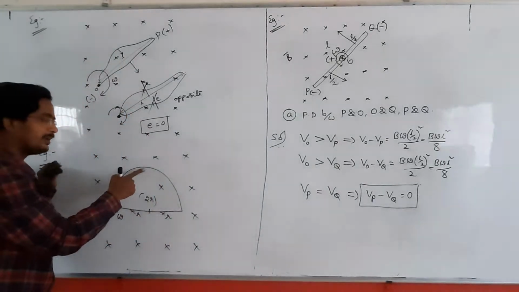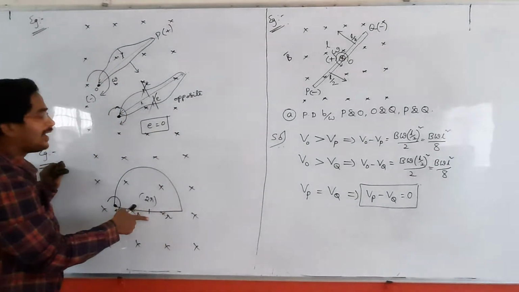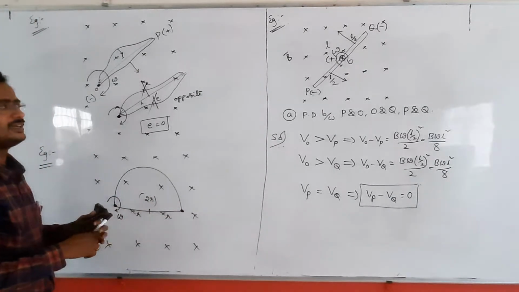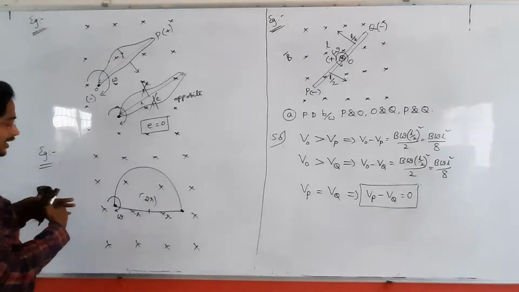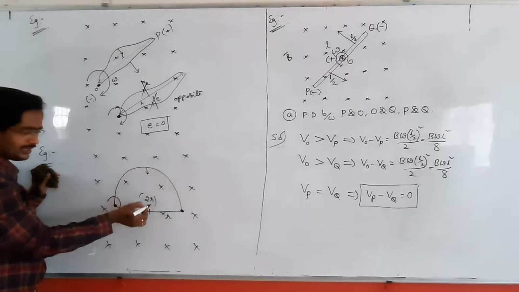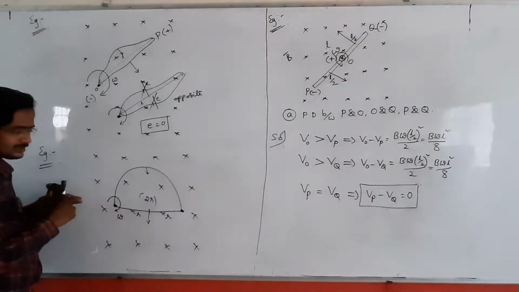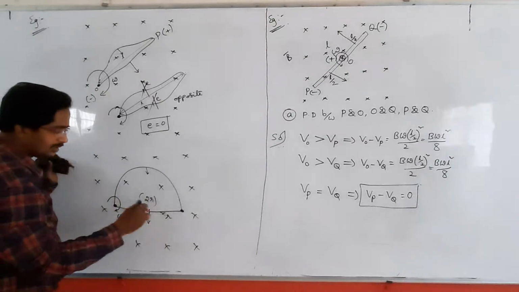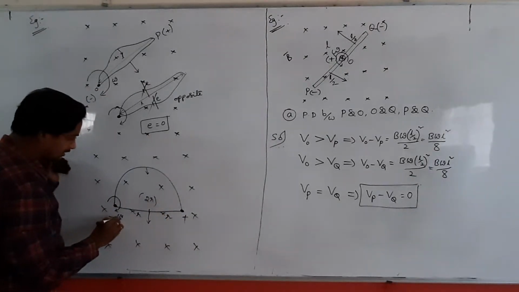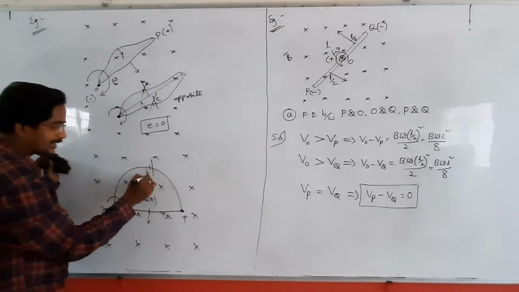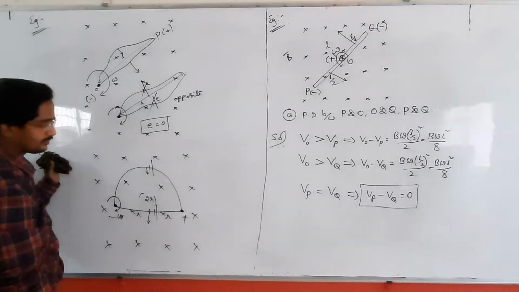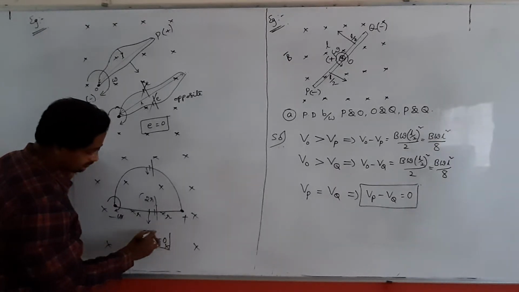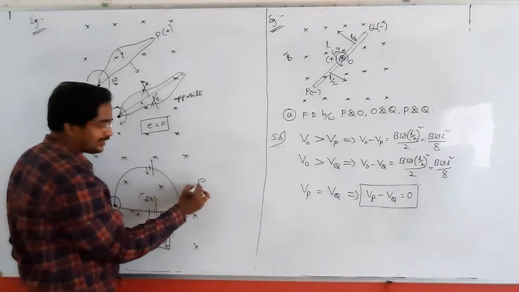So the induced EMF for this and for this. Actually, for these two ends, which are at high potential and which are at low potential, these are rotating this way, so it's coming downward, such that this is at high potential, this is at low potential. So it is plus, it is minus, such that these two are acting as batteries, plus minus, plus minus. What about the induced EMF here? Again 0.